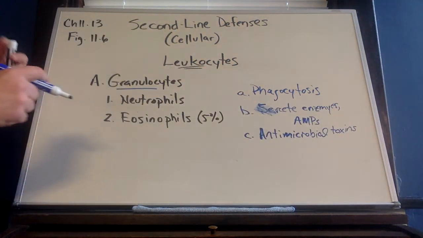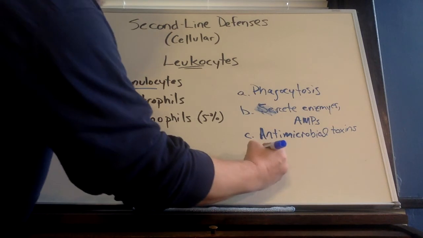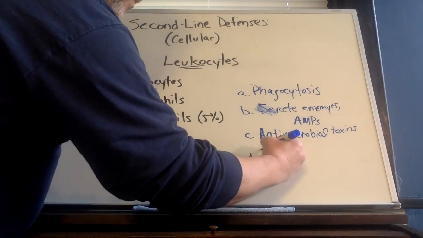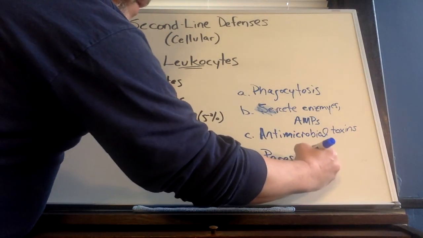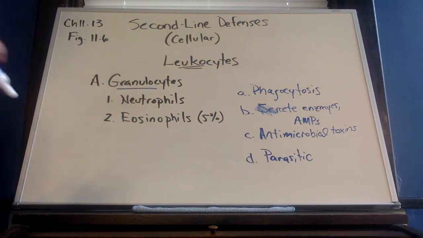So we often will take an antimicrobial as a drug, but your body actually already makes a lot of these drugs. Eosinophils are going to be most prevalent when you have a parasitic infection,